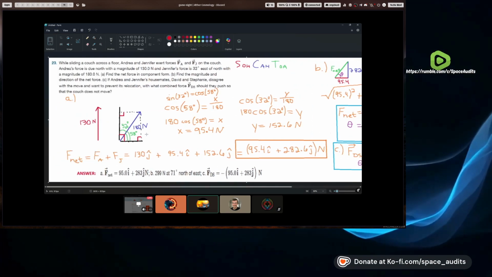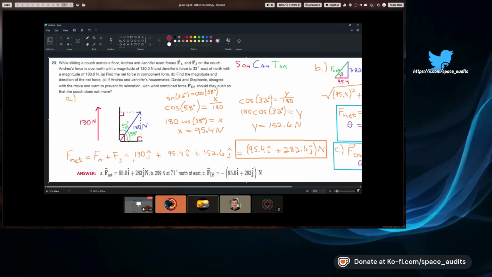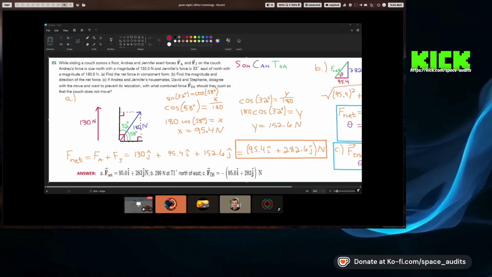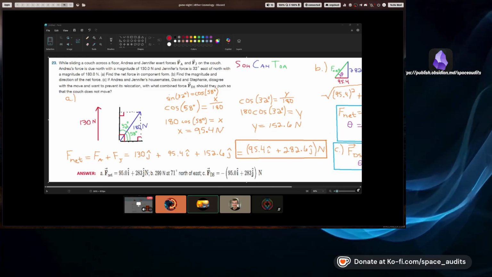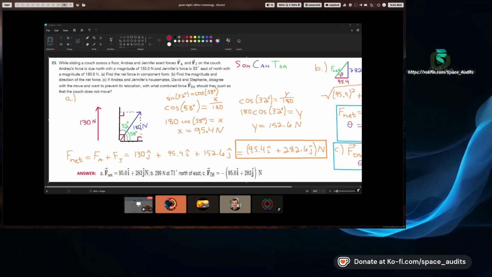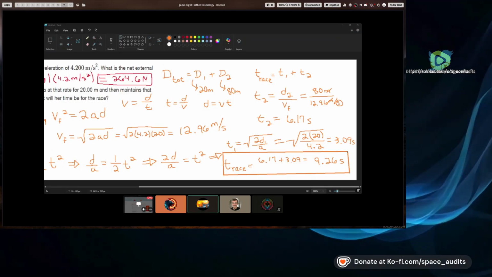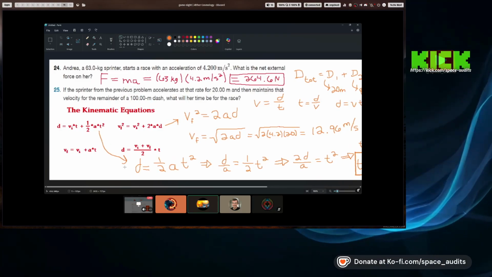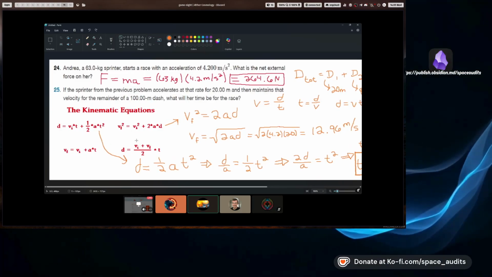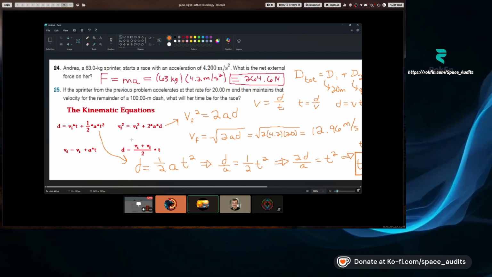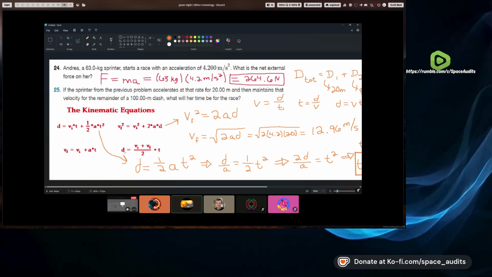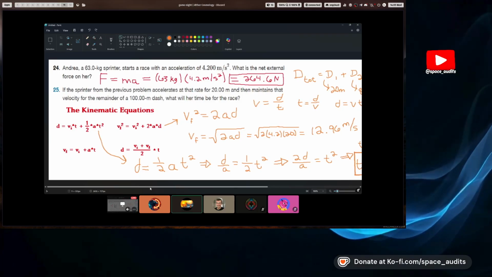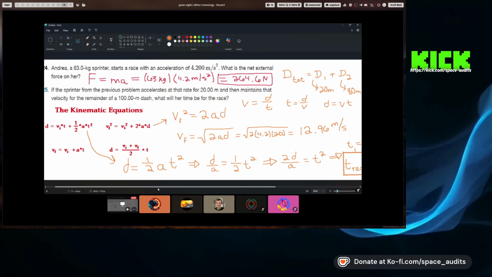So our first 2 problems taught us everything we need to know in order to be able to calculate force vectors, magnitude and direction. And then this last problem, we learned how to use the kinematic equations, and this is only 4 of them. There's actually one more kinematic equation, which I think is maybe just this 4th one in a different notation. But we learned how to use these 4 kinematic equations in order to find the amount